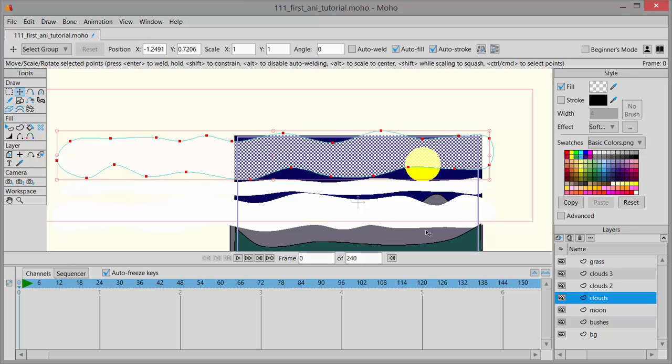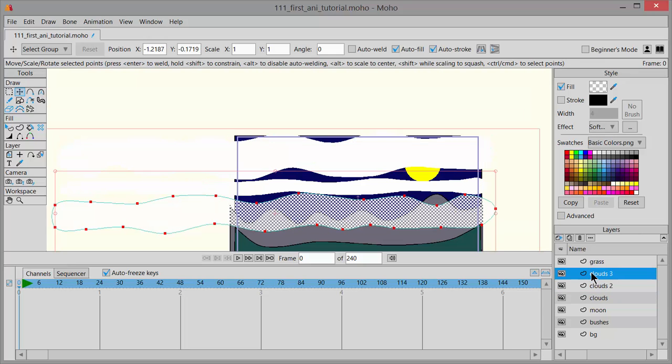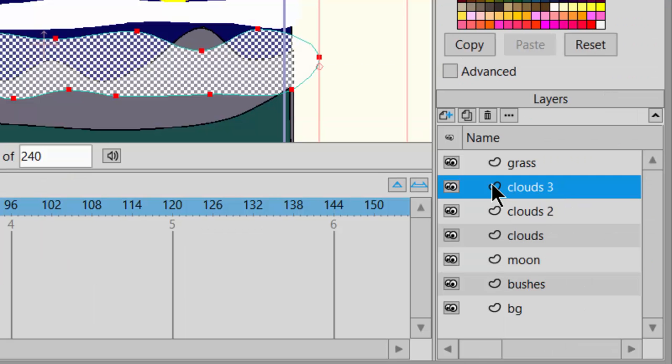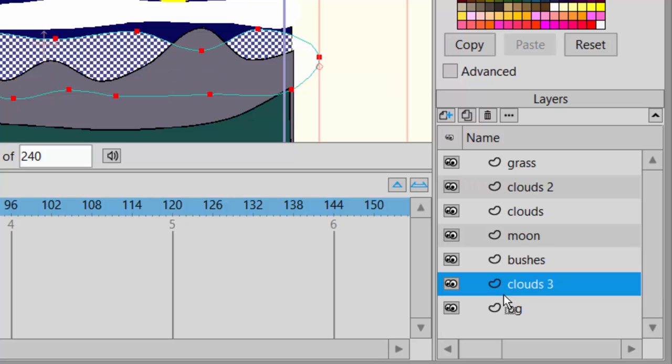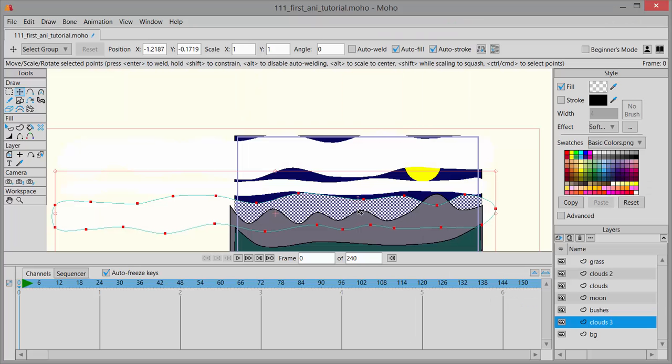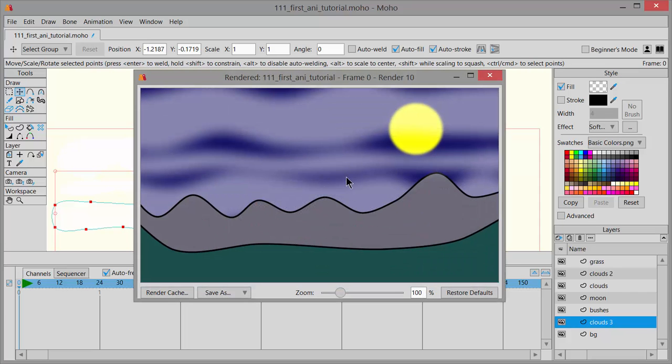And then this one here, that was clouds 3, I'm going to put behind the bushes, I think, which actually I should have named mountains. So holding my left mouse button down, I'm going to pull, and remember you can see the line in between the layers. So behind the bushes, and if I let go of my mouse button now, that moved clouds in the layer stack. Okay, now I'm going to hit Control R on my keyboard and have a look,